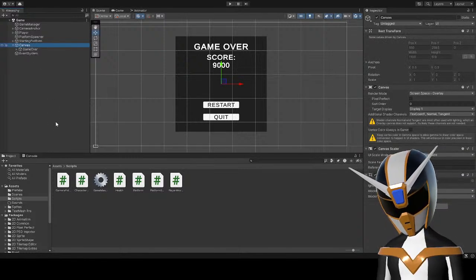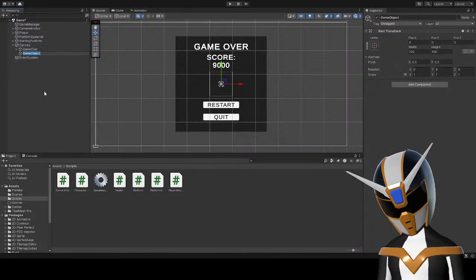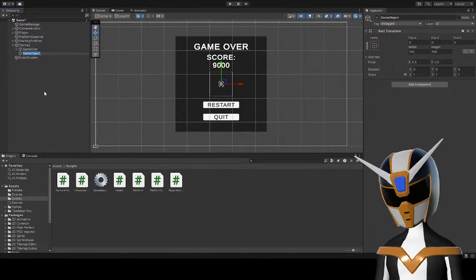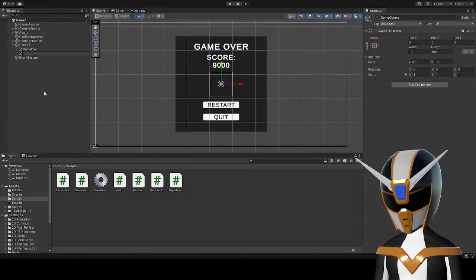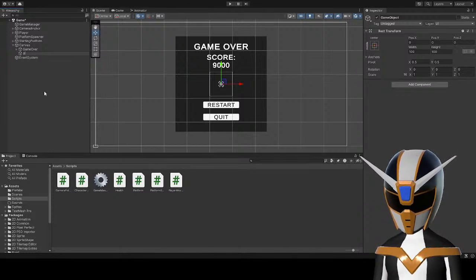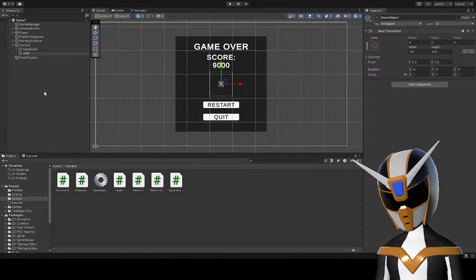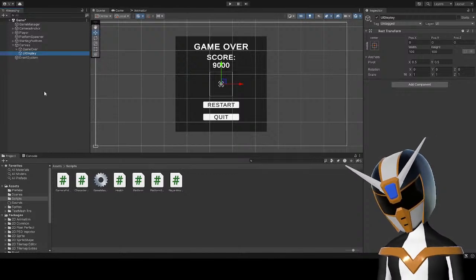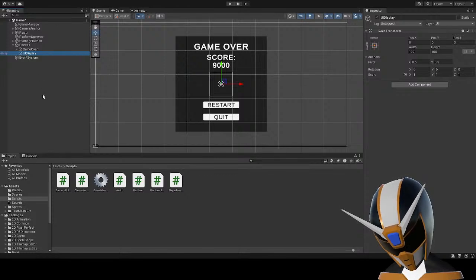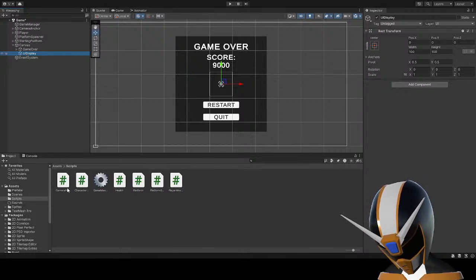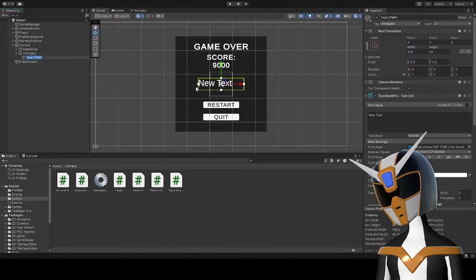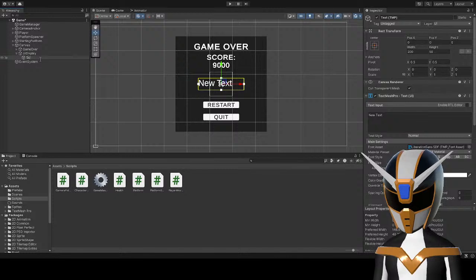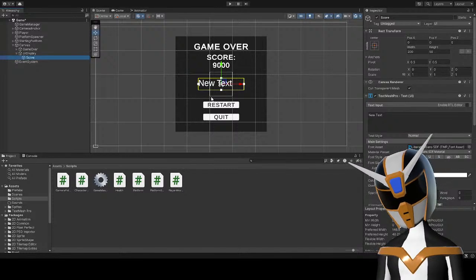So let's just call this UI, or should I call it UI display? I don't know. And then this needs to have, my mind is blanking, it needs to have text for score and time.